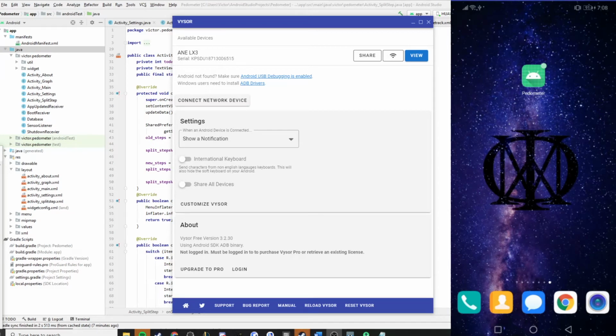Hello and welcome to my presentation of my final Android project. I decided to create a lightweight pedometer application that stores and runs completely locally on your Android device for privacy